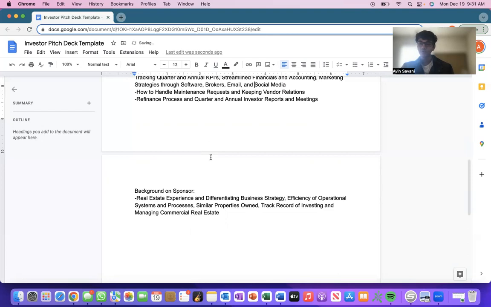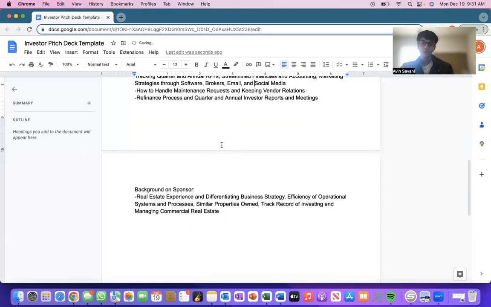If it's anything above that, I start to raise some questions about the management's strategy for handling requests. Basically, is there a need for some of these items? Are you charging us the right amount, right? So all those questions and concerns would pop up then. And then keeping vendor relationships: keep a good database of a good handyman that you can rely on, HVAC service, electric, plumbing, flooring, drywall, painting, all that, right?